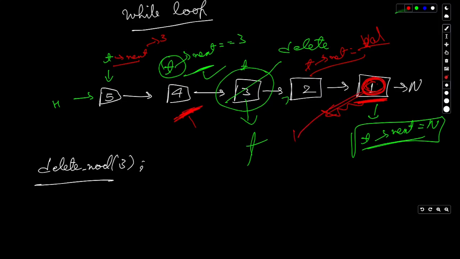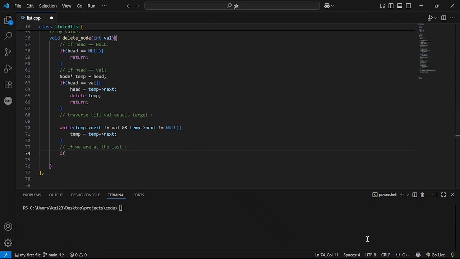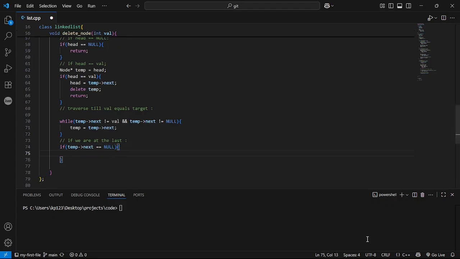We can just return that the target doesn't exist within this linked list. If temp's next is exactly equal to null, we'll just need to return.